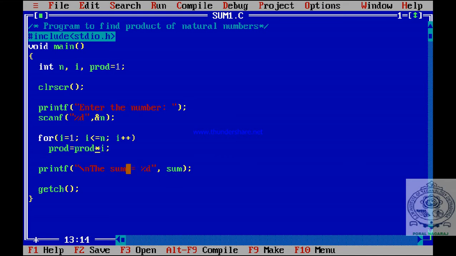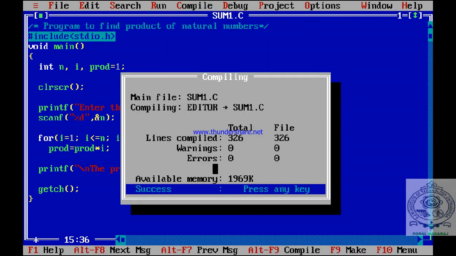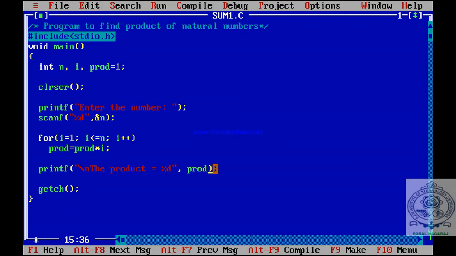So here instead of sum, you can write product. In place of %d, what is computed? prod is computed. So this is the program. See, compile it. Product, enter the number 5. The product is equal to 120. So this is how you can find the product of natural numbers.